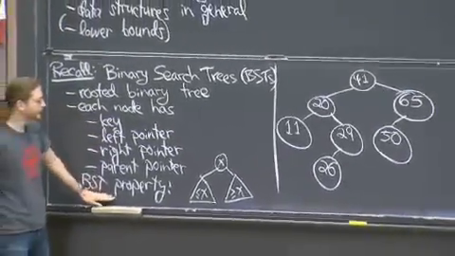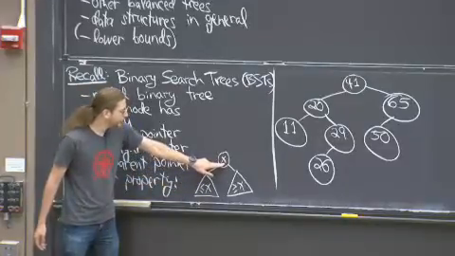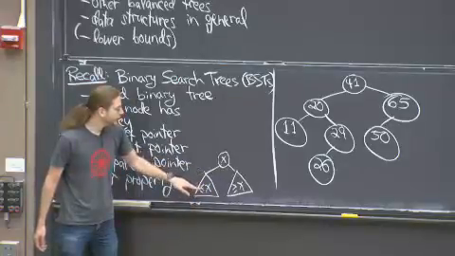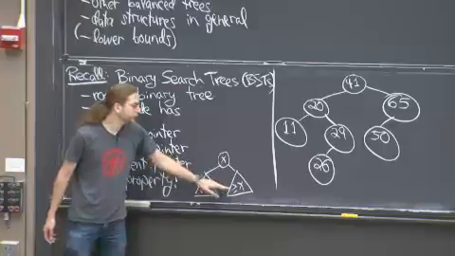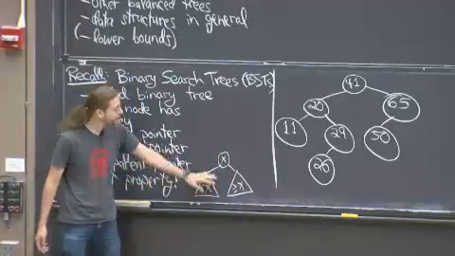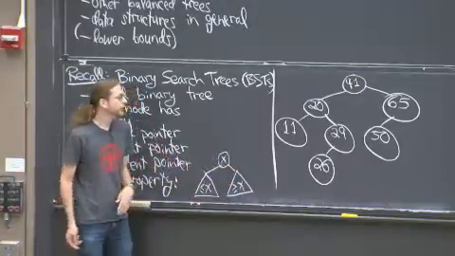And you have this BST property, also called the search property: if you have a node that stores key x, everybody in the left subtree stores a key that's less than or equal to x, and everyone in the right subtree stores a key that's greater than or equal to x. So not just the left and right children, but every descendant way down there is smaller than x. Every descendant way down there is greater than x.